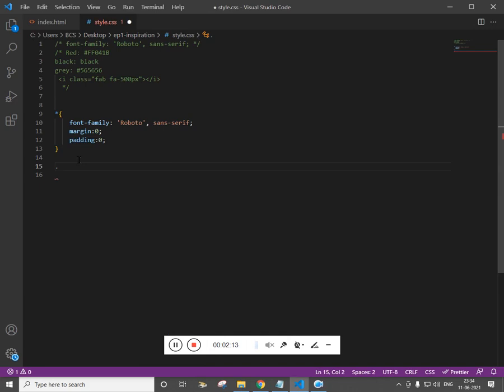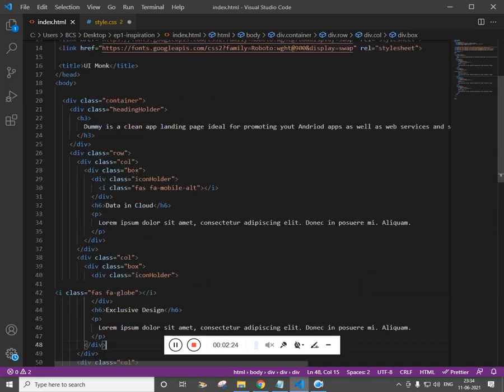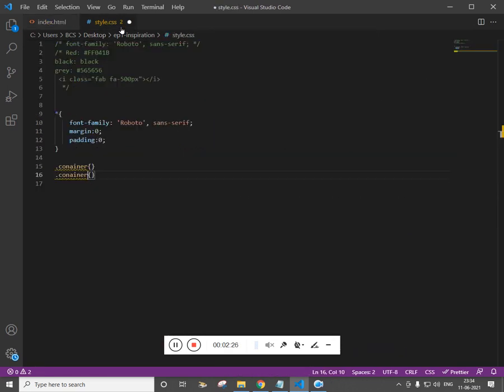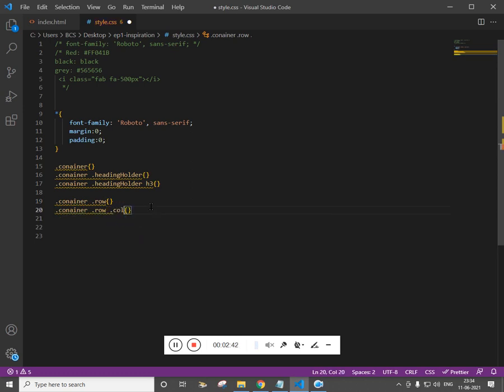Now let's work on the hierarchy. We have container. Inside container we have heading holder. Inside heading holder we have h3. Then again inside container we have row. Inside row we have column. Inside column we have box.